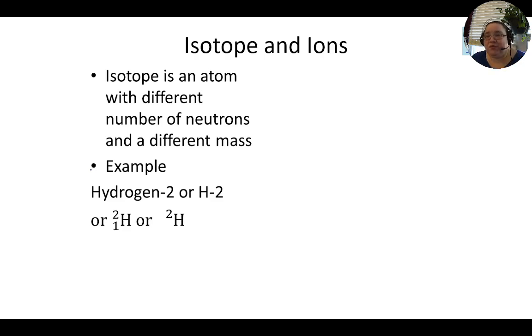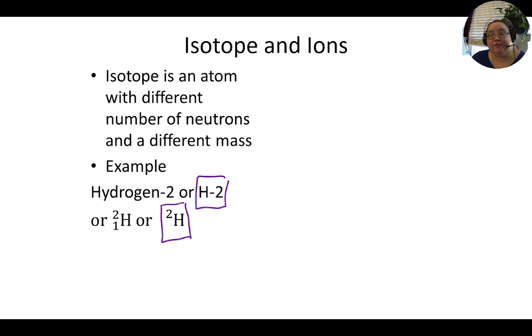There are one of 4 different ways that we illustrate or indicate that we have an isotope. H-2, the symbol, dash, its mass, is one of the common ones, and the other more common one is using the mass in front of the symbol. The number that's given to you is the mass. It is telling you that, hey, this hydrogen has a mass of 2. If it's got a mass of 2, that means there is going to be a neutron with it that it